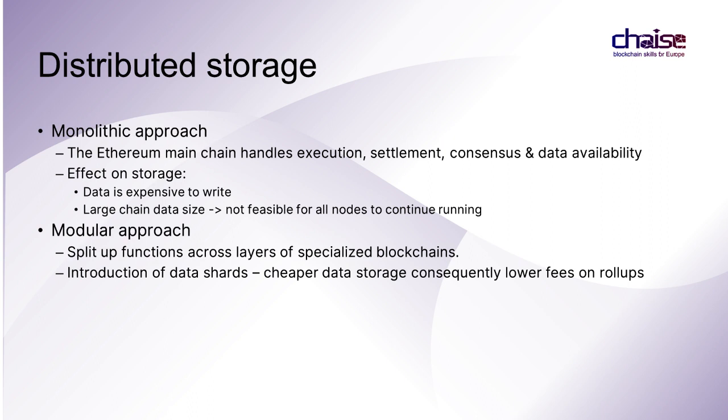Ethereum is transitioning from a monolithic approach to a modular approach. Monolithic blockchains handle execution, settlement, consensus, and data availability. The effects on storage of such an approach are expensive data storage, because every node had to store all the data. It is not feasible for all nodes to continue running because of a constantly growing chain that requires nodes